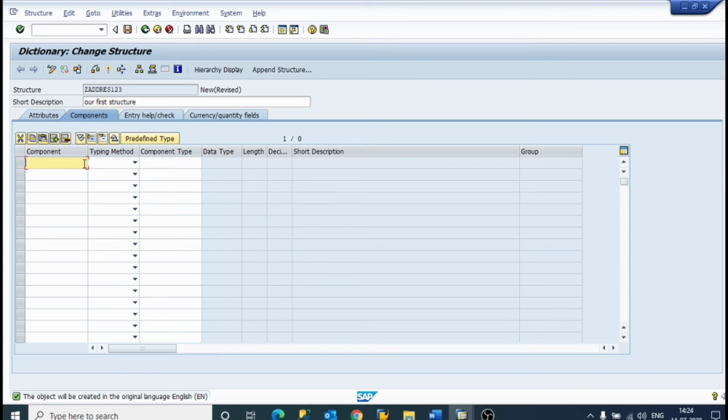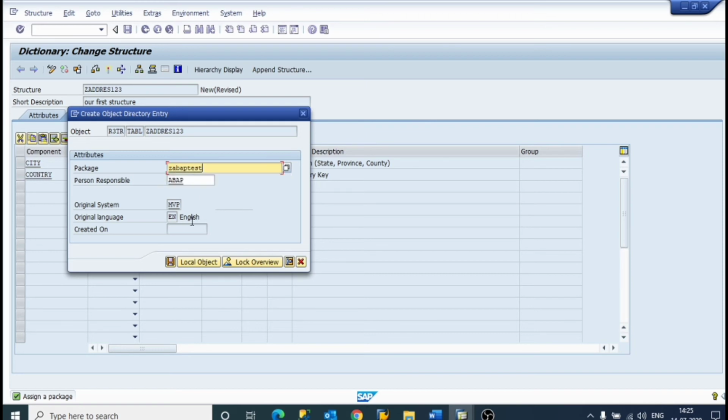Now the fields: city, with type REGIO for region, the character state type, and country. Just click on enter. Now we have created city and country. Now we'll just save it.